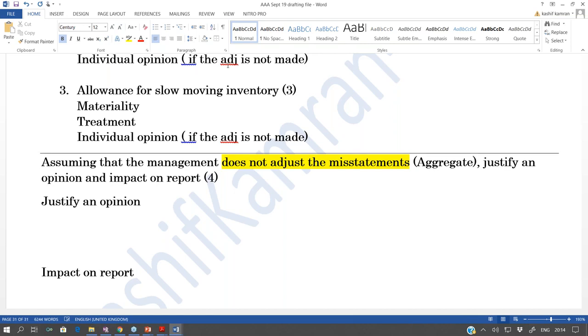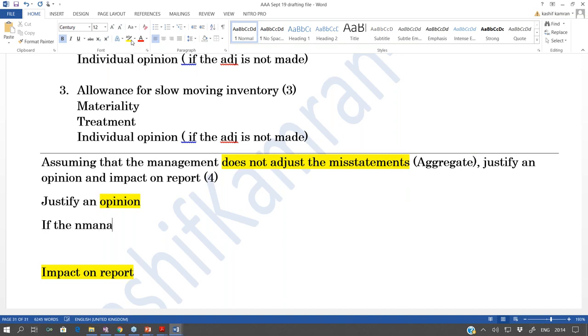I have already given the opinion above, right? So when I write the impact on report, will I repeat the opinion? No, because I've already given that above. Try to understand, right? You've already given the opinion above. See how to do it. Now justify an opinion. Number one,